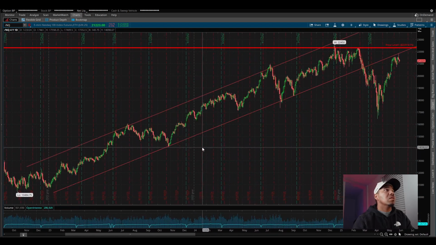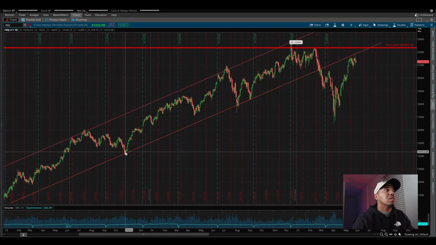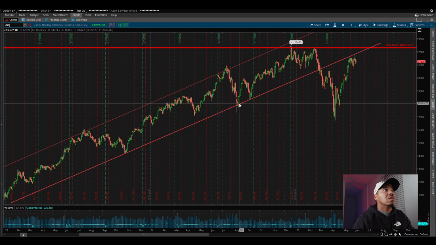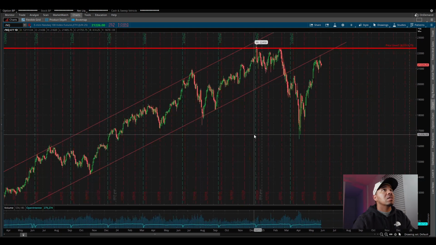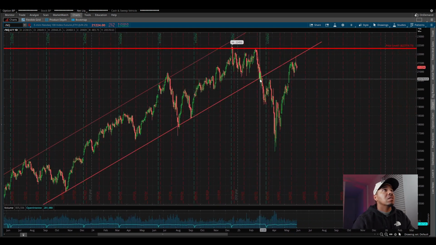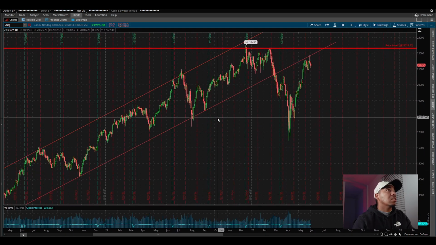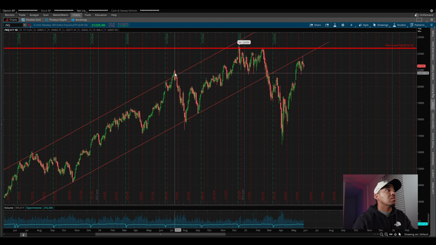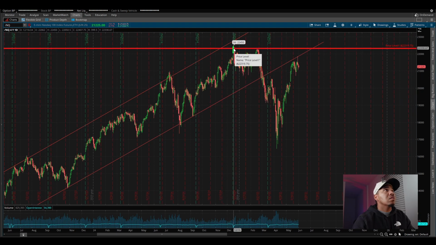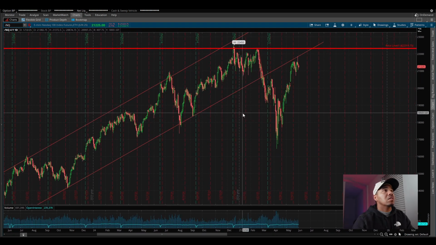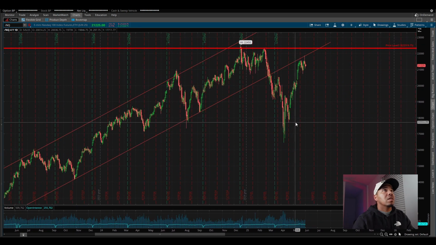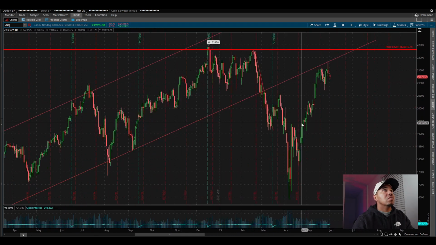All right, that's on the weekly. We drew our line on the weekly and look how clean it is on the daily. Boom, we got a bounce here, bounce there, bounce there. Oh, that's lovely. Look at this rejection right here. That's so clean. Rejection here, rejection here, rejected there. These lines are so clean. All right, so that gives us a better understanding of what is going on, okay?